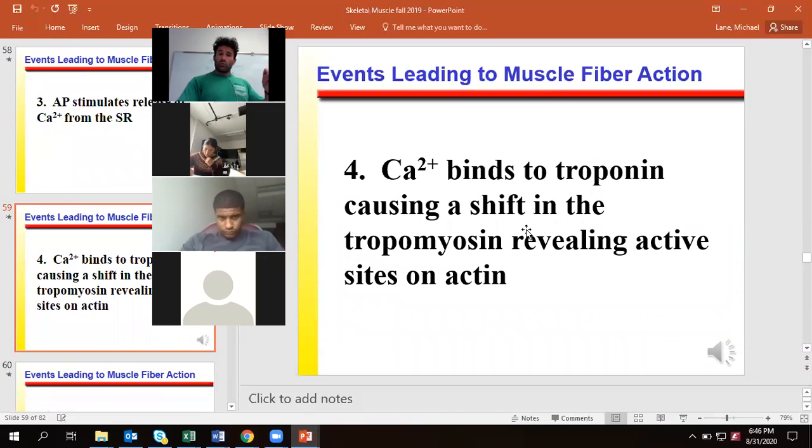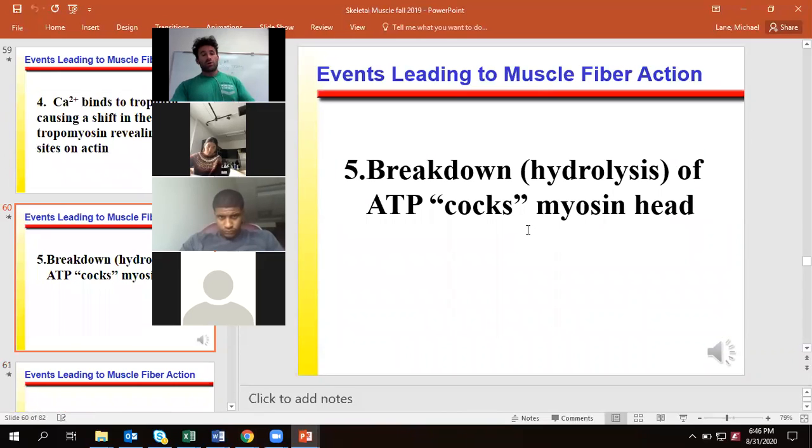This calcium is then going to bind to troponin C, which is going to cause troponin I to move troponin T, which in turn is going to move tropomyosin. So now the binding sites on actin are open. This in turn is going to allow myosin to immediately go and grab, and from there, ATP is